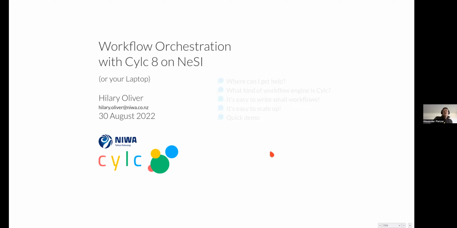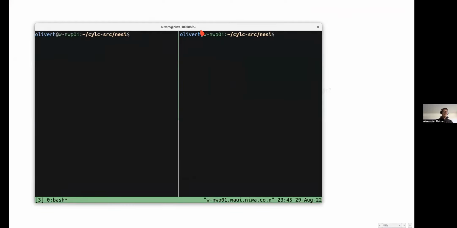Excellent. One more question perhaps before we go to the demo. Can you run the GUI locally? And maybe you're going to do a demo of that, but just a quick question: is it something that runs remotely? I guess it's on the web, yes, right? I'm going to demo that. Because the Cylc UI is a web UI, if we're running on a NeSI machine, it's served from the NeSI machine, but the UI runs in your browser running locally. Excellent, so I'll show that. Should we go on and start with a demo? Yeah, excellent, thanks. All right, let's do it.